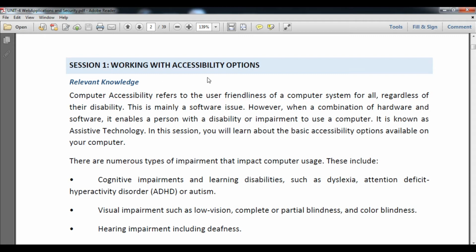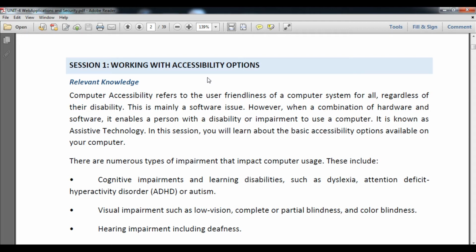So here accessibility option is mainly a software issue. However, when a combination of hardware and software enables a person with a disability or impairment to use a computer, sometimes it may be possible for a disabled person to use that particular computer. This is also possible in accessibility option.